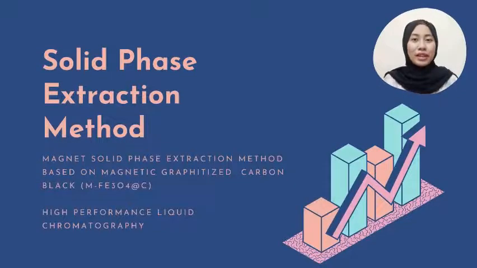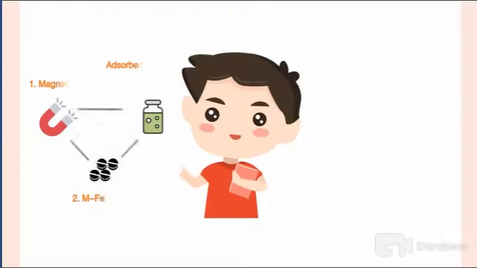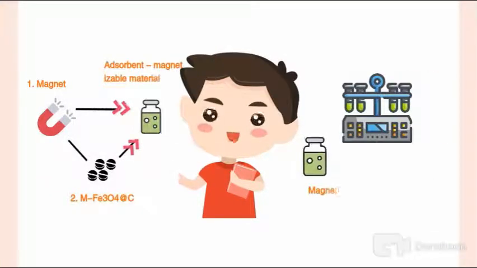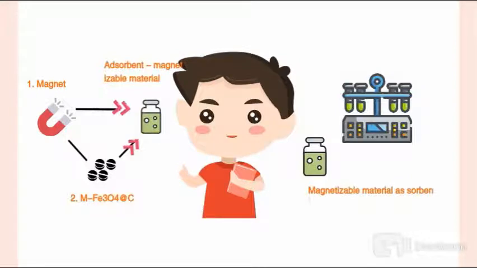Solid phase extraction is the best method that can produce high recovery and high sensitivity of naphthol detection in urine sample. By using an improved SPE technique called magnetic solid phase extraction, these toxic materials can be extracted using a magnetic graphitized carbon black. It separates 1-naphthol and 2-naphthol from urine sample by selectively partitioning the naphthols between a solid phase and a liquid phase. MSPE uses magnetizable material as sorbent, which is directly dispersed into the sample solution without packing the